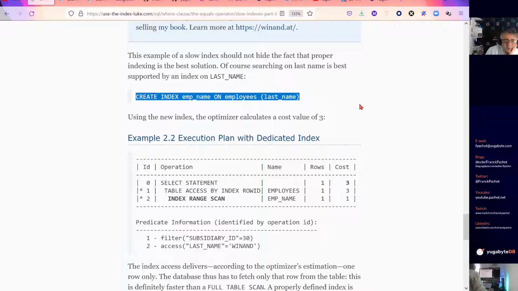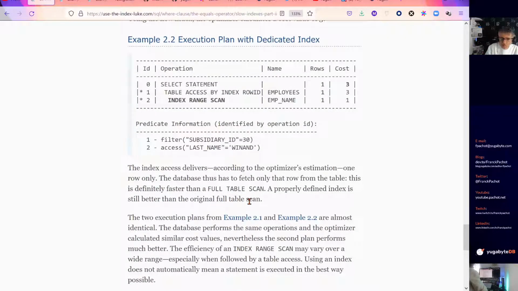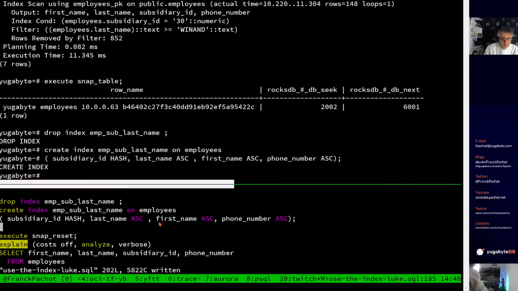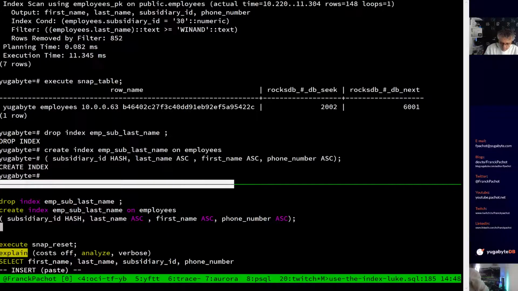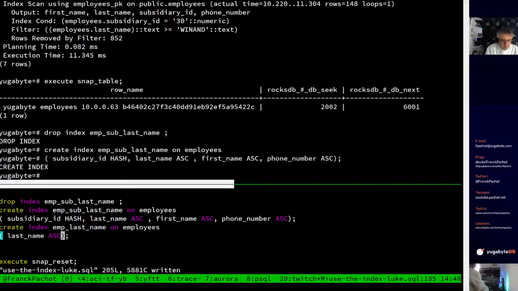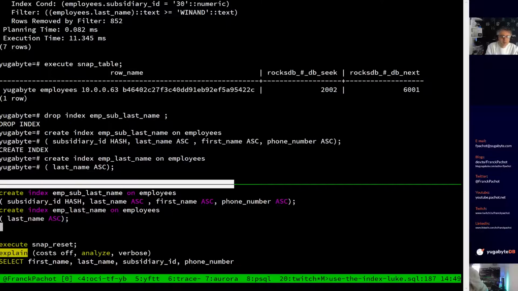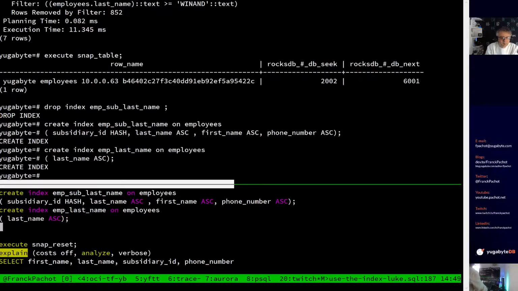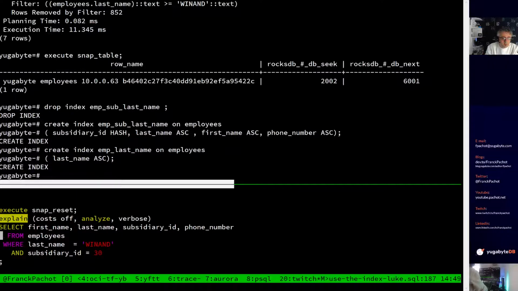So Marcus had another example with an index only on last name, which has fast access for the last name, but then not for the subsidiary. I can create one like it just to show you. Index only on last name. I define it as ascending because I know that on last name people will want something ordered. And running the same query there,